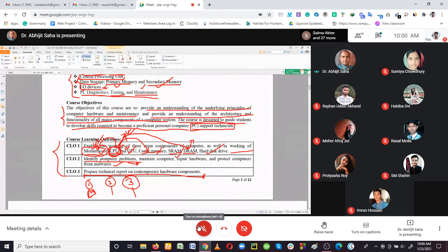So this is what we should know about the development of the motherboard. We should know the development of the CPU. We should know the development of the memory. This way, the five groups are dealing with the five topics. They study the development, and what I suggest is that from every decade they select a motherboard. That means every 10 years, you select an Intel motherboard and an AMD motherboard. Then after the next decade, select again one Intel motherboard and one AMD motherboard. The next decade, do the same.